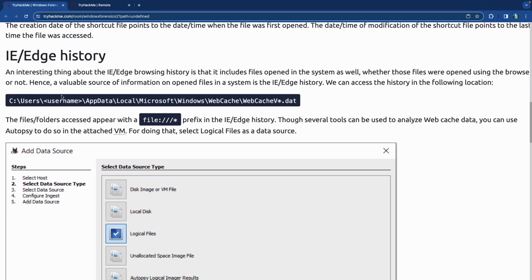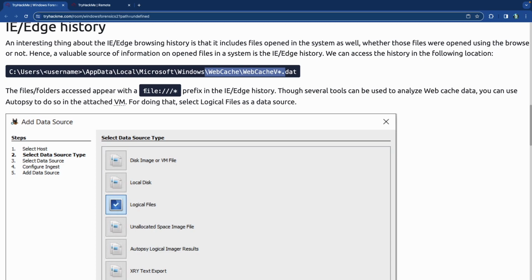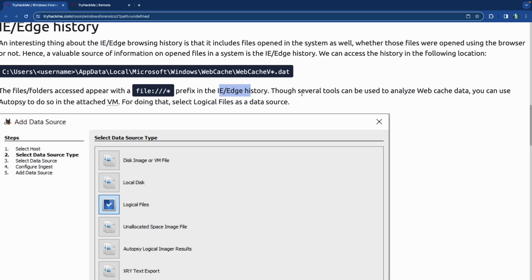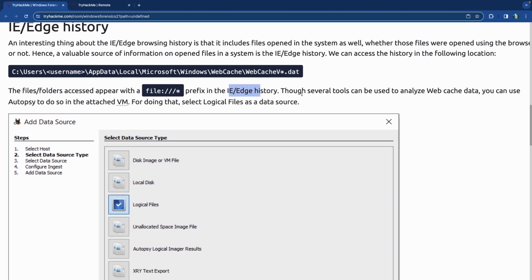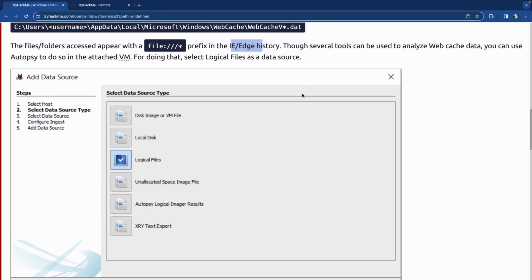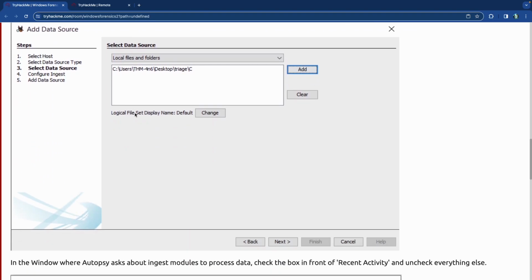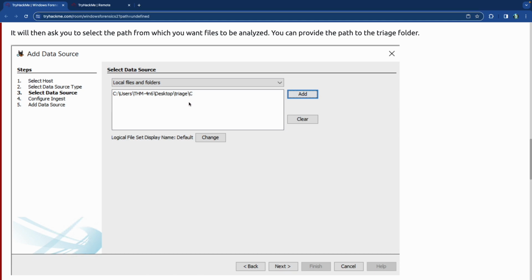Then we have Internet Explorer / Microsoft Edge, which is a browser, and we can get browsing history from their web cache. And file folders access appears with a file:/// prefix in the Edge history. Though several tools can be used to analyze the web cache, you can use Autopsy to do so. So for doing that, we are going to do logical files instead of a disk image or VM file. And then we're going to add it from